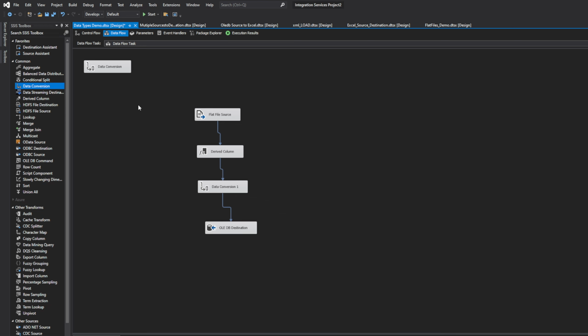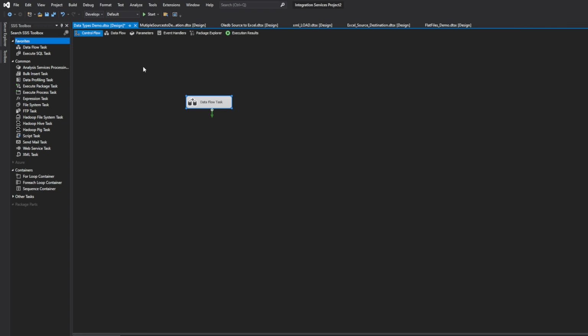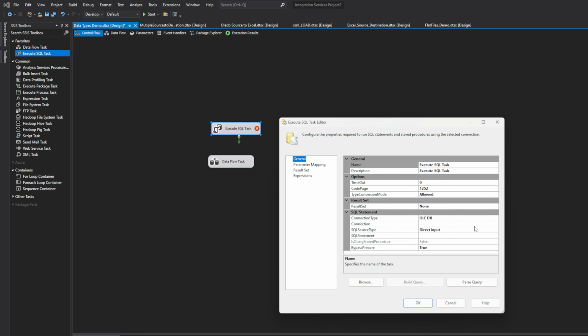Just click on OK. Before this, I want to truncate the table. So how can we truncate the table? Just take an Execute SQL Task. Set none. Take the connection as SSIS training, and put that